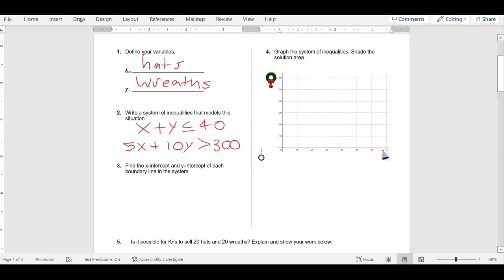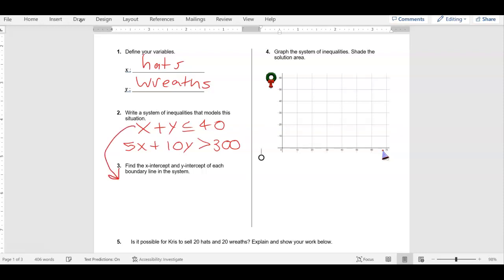Now, what we've done in the past is we've solved each equation for y, and then we graphed it. You can do it that way, that's totally fine. Here's another way to do it, and it's with intercepts. So I'm going to show you this method, and you can have it on your notes, and you're going to be able to use it, right? So, is everyone with me? Focus over here, please.